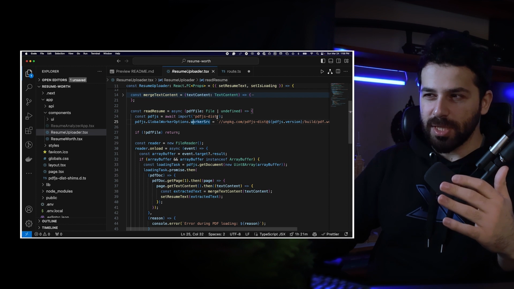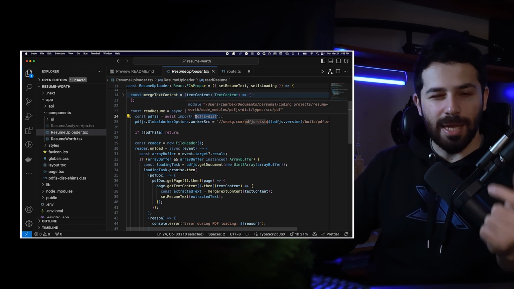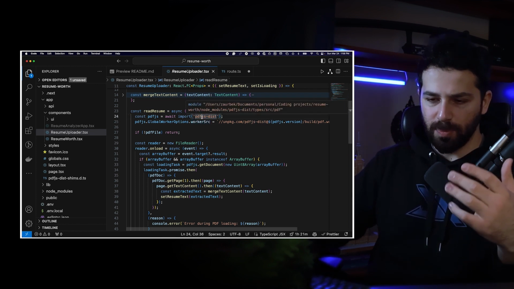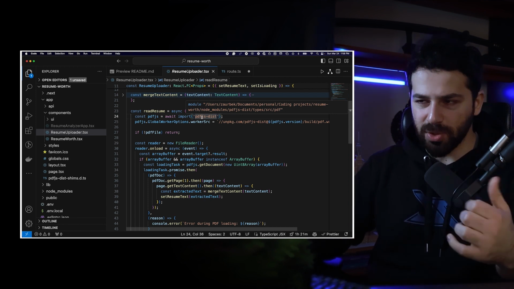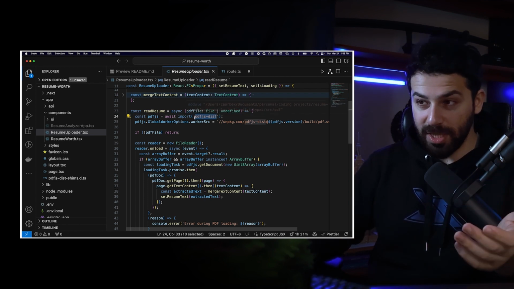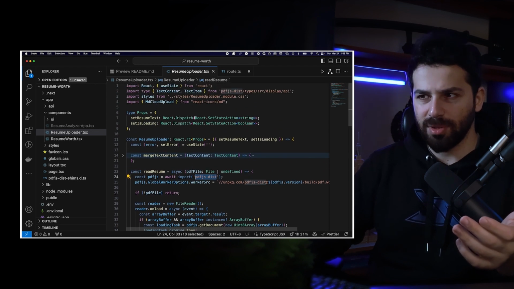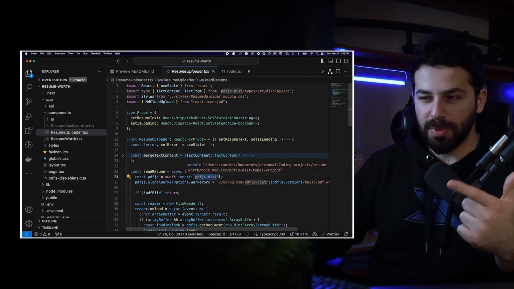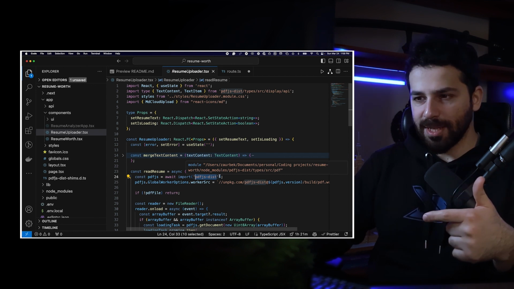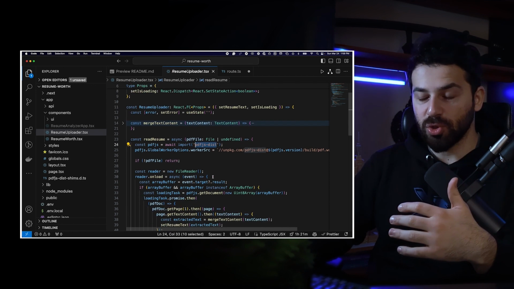The reality though is there is no nice library that I found to do PDF text extraction on the client side, because I want to do it on the client side. It's just a little bit faster, and I thought it would be very easy to do. I thought there was an existing library that would allow me to do it, but the best one that I could find was this one, PDF.js, and for some reason with Next.js it was just such a pain to